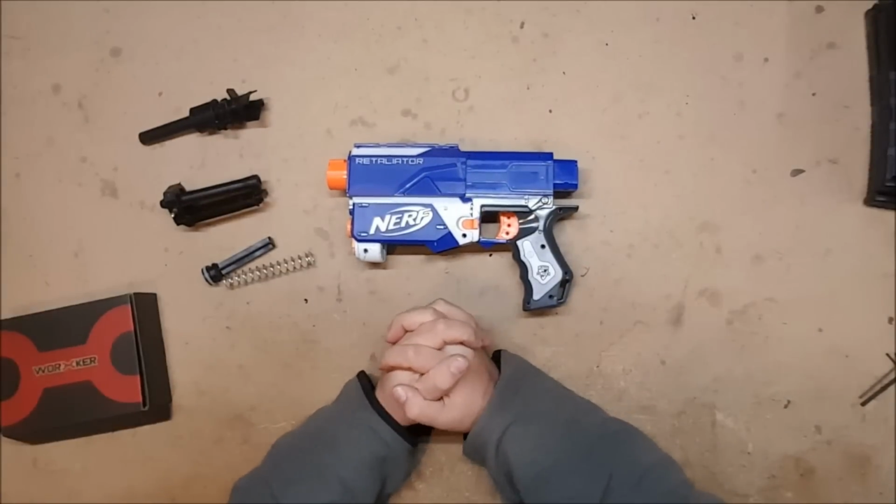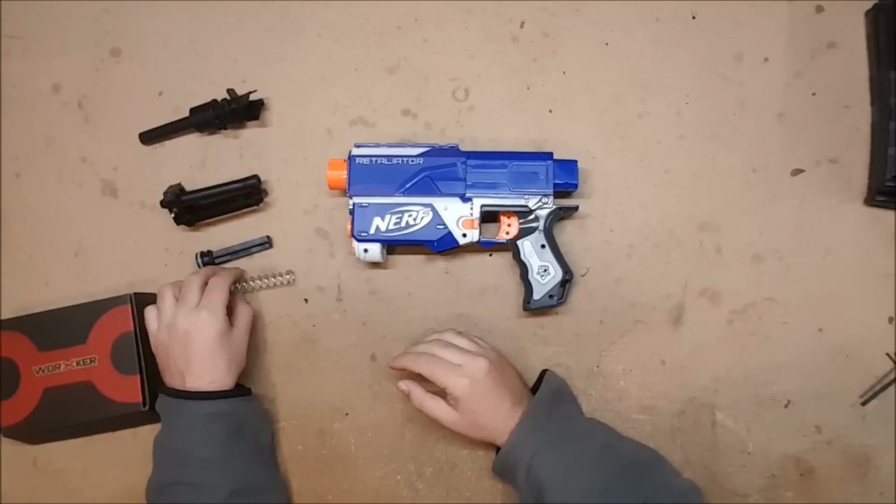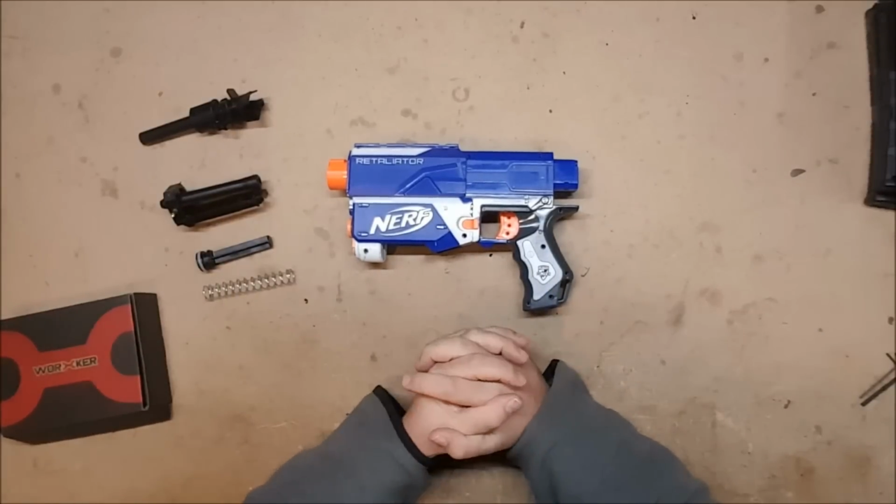Welcome back, I am Captain Xavier, and today I'm going to be installing and reviewing the Retaliator half-dart upgrade internals